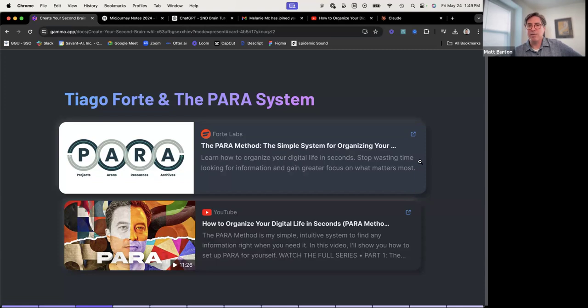Like, I'm involved in strategy for my company. That's an area. That is not a project. A project is something I have to do today. An area is something that I do long term. A resource is something I draw upon to focus on that long term obligation or responsibility of mine. The resource helps me with the long term responsibility. The project is what I'm doing right now. The archive is what I used to do. It's already done. I just want to keep a record of it somewhere. So there's a link here to a website and a link to a video. I'm not going to go into them.